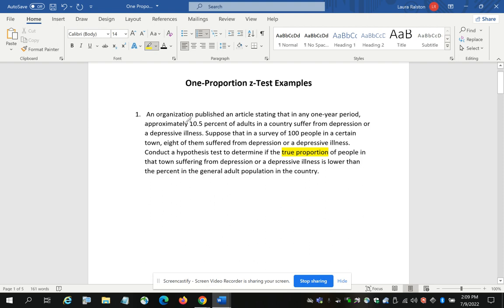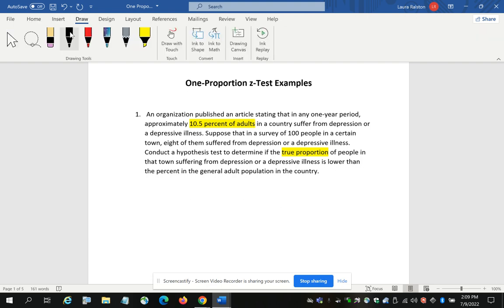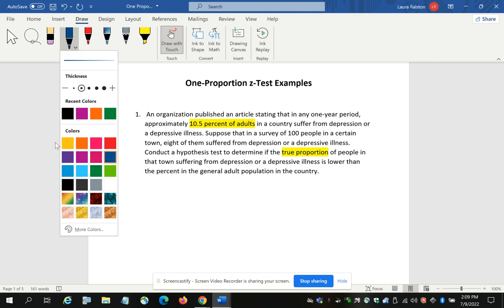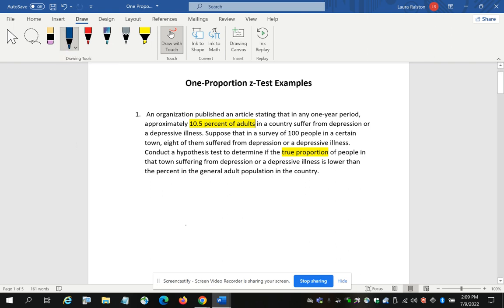Had it not done that, the other clue is that my information is given in terms of a percent or a percentage. So the first step in any hypothesis test after reading the scenario, which we just did, is to